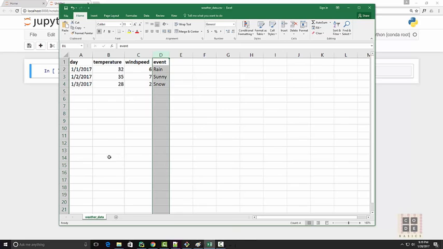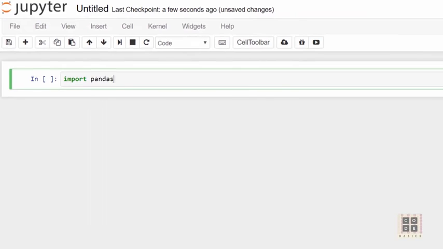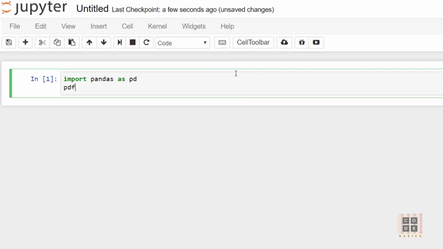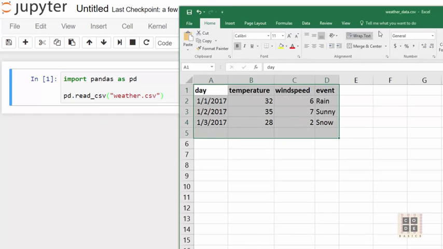Now the first way of creating a data frame is to directly read this CSV. Okay, so I'm going to import pandas as pd, and then what you can do is pd.read_csv. read_csv is a method that will read a CSV into a data frame. So you can see the name of my CSV is weather_data, so it's weather_data.csv,